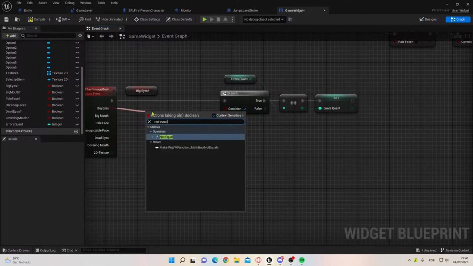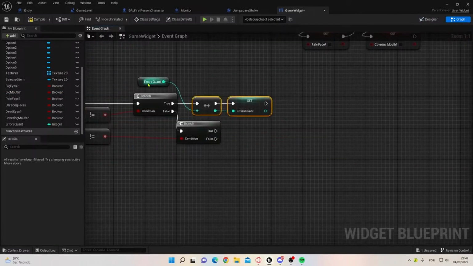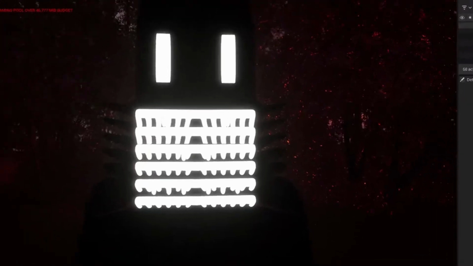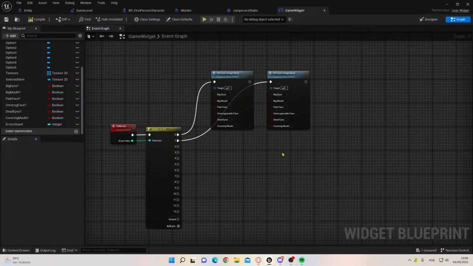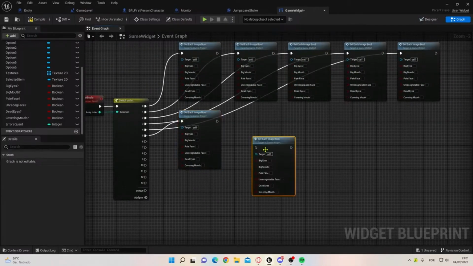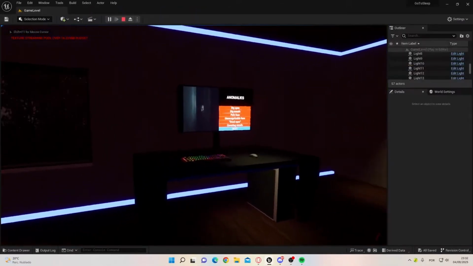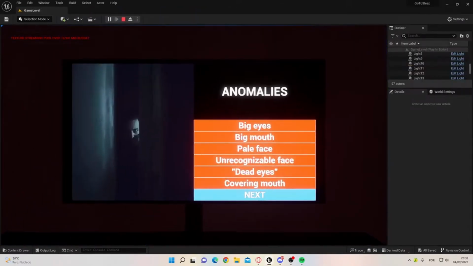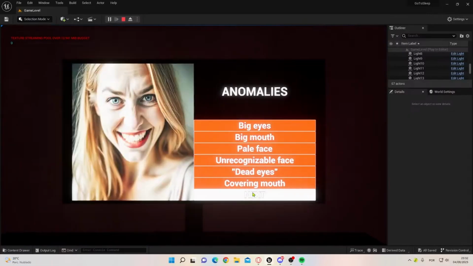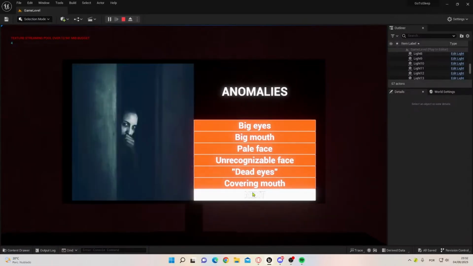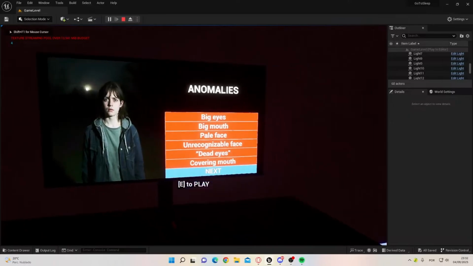Then I coded a system that checks the player's chosen anomalies against the correct ones. If you make more than 5 mistakes, you get jump scared. I think it's fair. I also made a switch statement for every image to define which anomalies belong where. For the first time, the game was actually playable. You could check anomalies, get errors, and eventually get jump scared. The monster even spawned at the window with build-up sound effects before lunging at you.